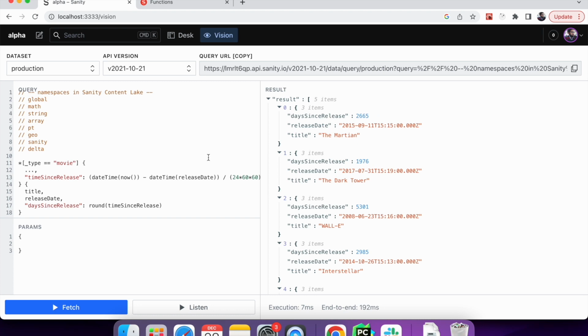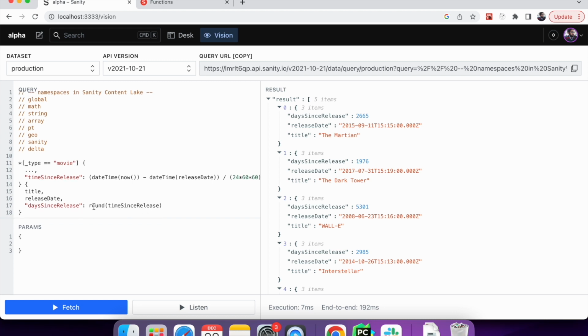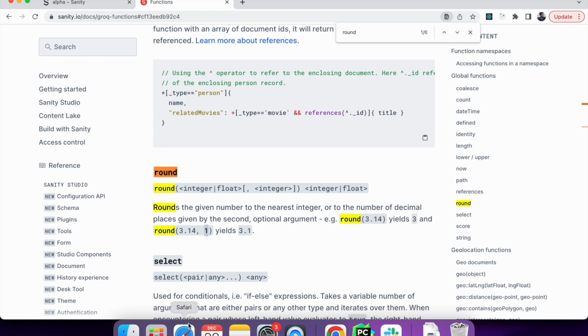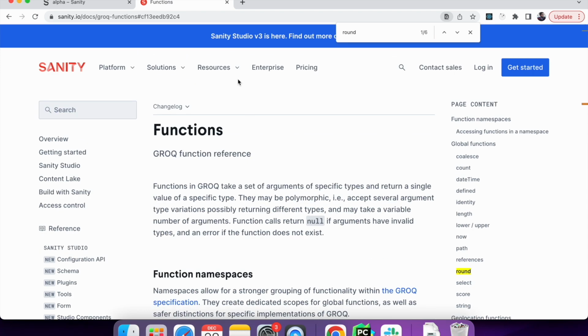So this was the last and final video in this series where we learned about GROQ. We started with the basics, then we went through projection in the second video, and this is the last video where we went through the global functions and the functions basically. There are many things in GROQ, like the GROQ arcade, and a lot of things can be found in the GROQ documentation. If you are interested, I would highly recommend going through the documentation, and you can actually play around